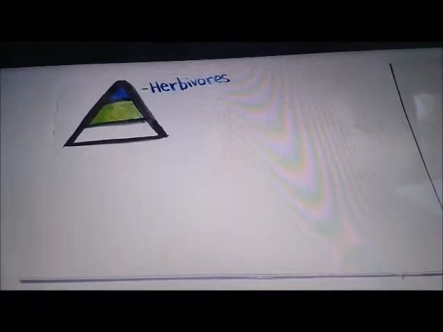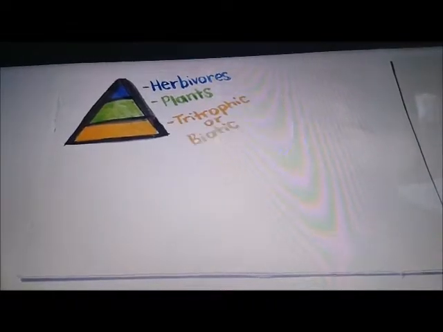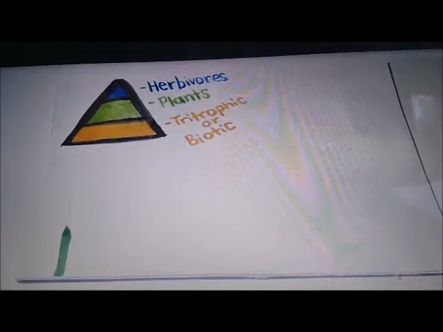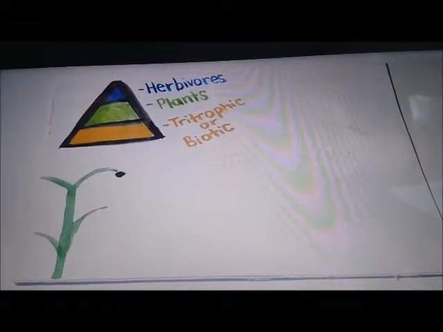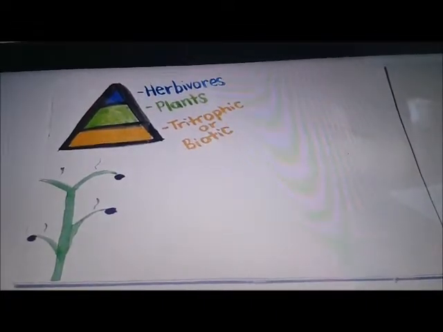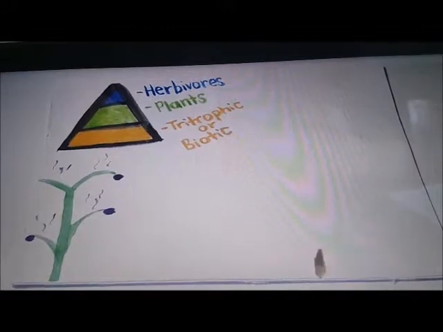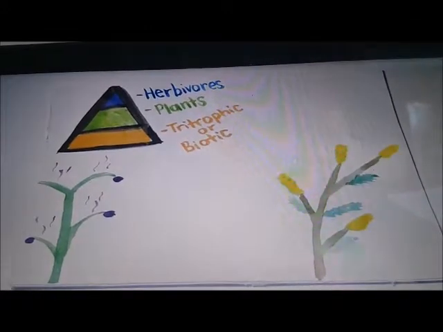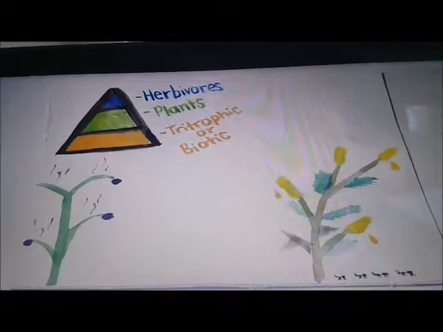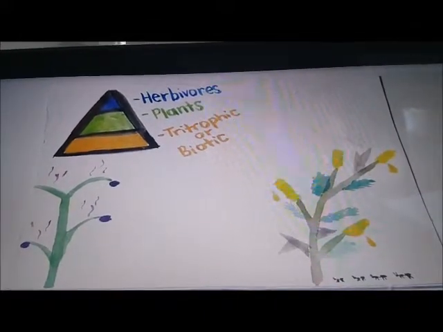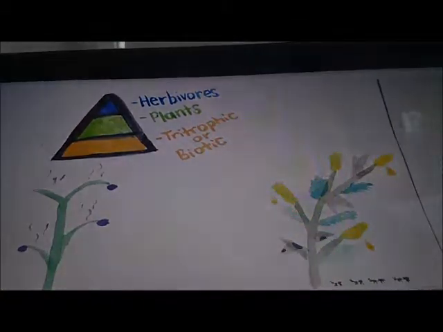Because indirect defenses rely on third trophic or feeding level in the food web, they are sometimes referred to as tritrophic or biotic defenses. Plants increase predation of herbivores by luring and keeping predators on a plant with food rewards, shelter, or chemicals that signal prey availability. A good example of this is the bullthorn acacia, which secretes a nectar that aggressive ants feed upon. The acacia provides the ants with food and shelter within its hollow thorns, and in return, the ants provide the acacia protection from herbivores by attaching